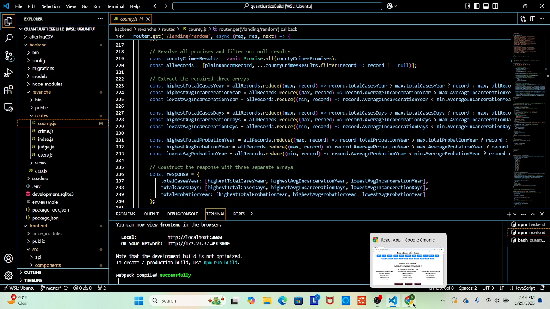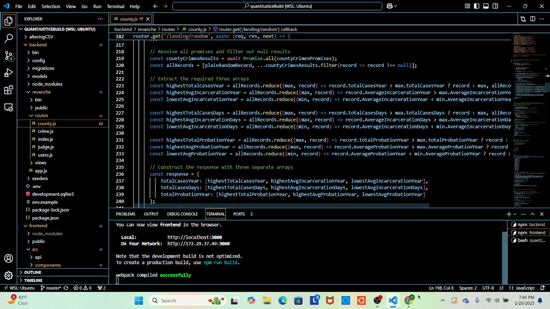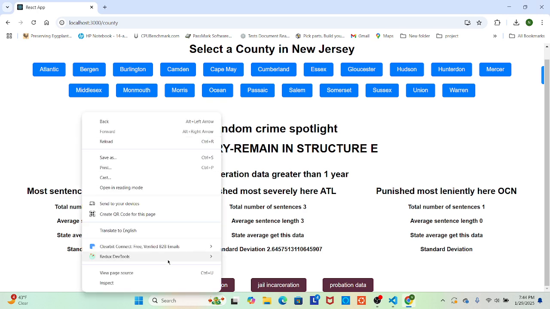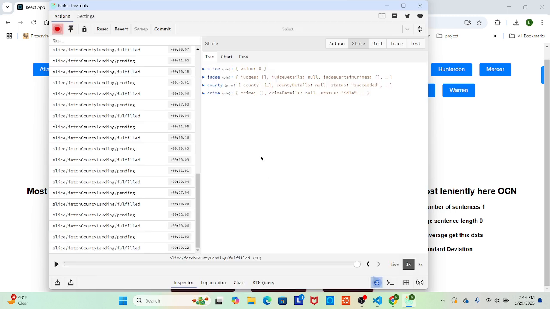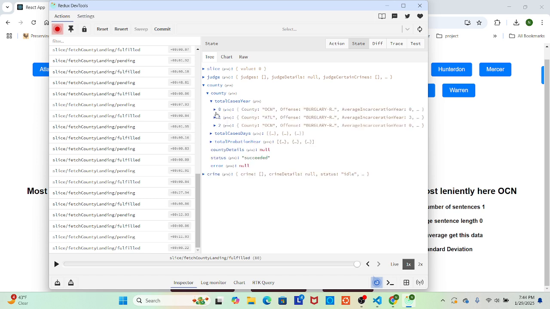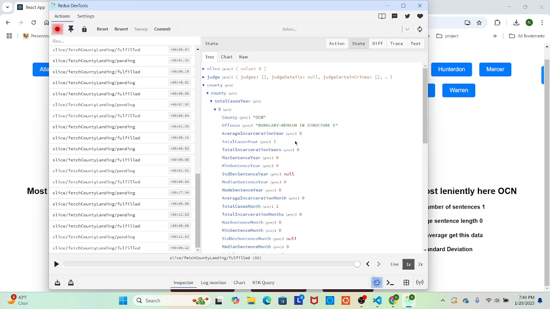Average incarceration days. Total cases year. I just wanted to practice these things again. Because as you guessed, I think that's what I typed in wrong. Total cases year.